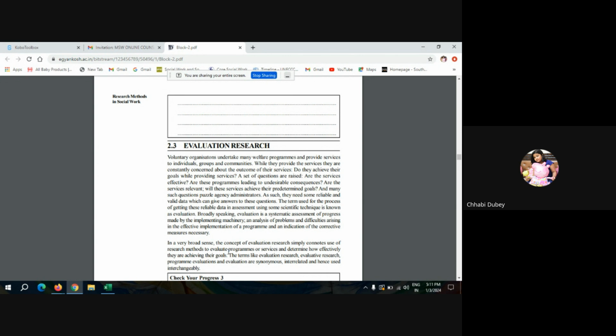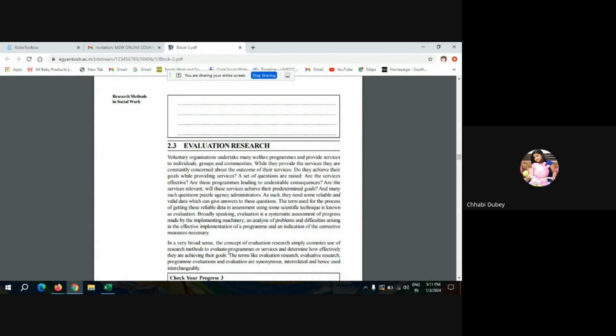So all these questions are definitely there before the agency administrators or government or any such agency which is actually implementing these programs. So this is where evaluation studies come into place. Evaluation is a systematic assessment of the progress which was made by the implementing machinery, where the analysis of problems and difficulties arising in the effective implementation of the program and an indication of